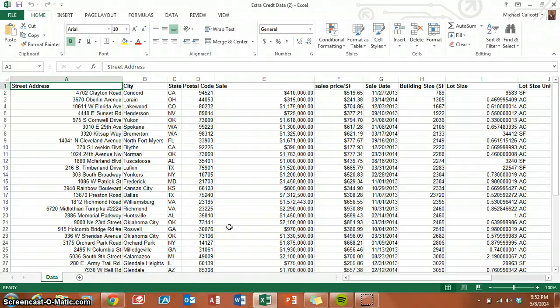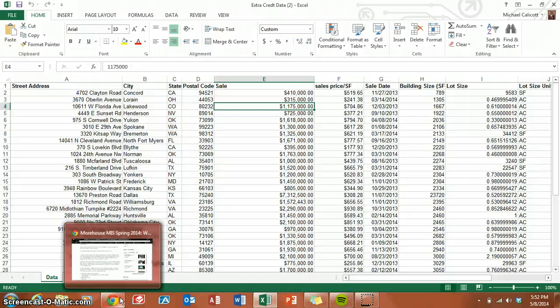This tutorial is going to cover how to create fusion tables. So here we have the data for our extra credit assignment, and the first thing that we need to do when attempting to create a fusion